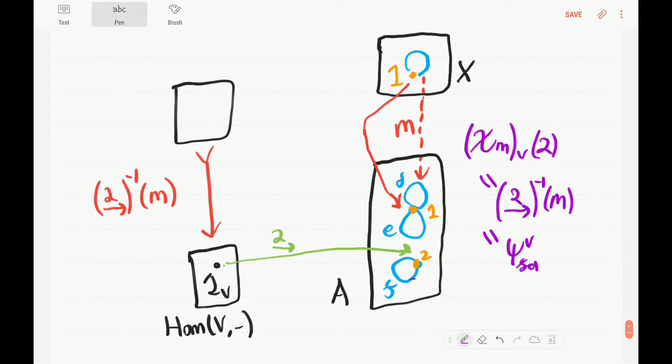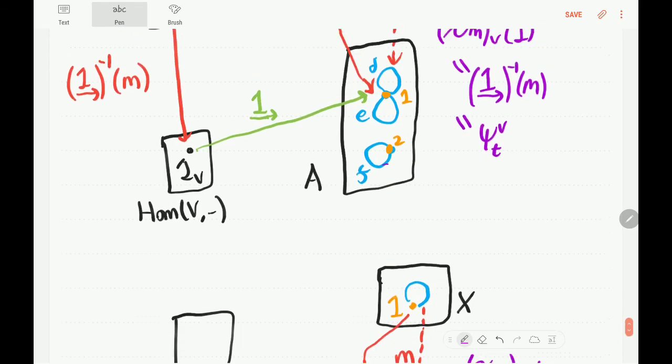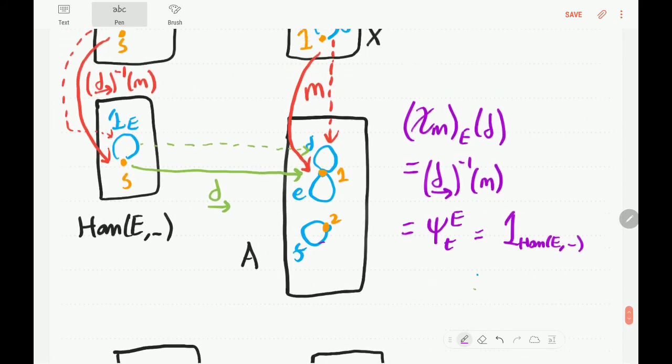what about 2? Well, the V component of chi_m operating on 2 is going to equal the pullback of M along 2 under arrow. And so this is going to consist of all the stuff in hom V comma blank that gets sent to things in M under 2 under arrow, but there's nothing there. So this is just going to be the empty subobject of hom V comma blank, is going to be our answer. And we know that as psi V false. Okay, so that completes our description